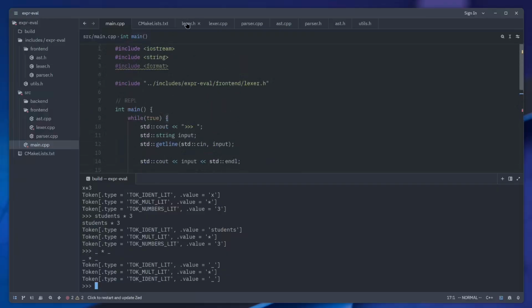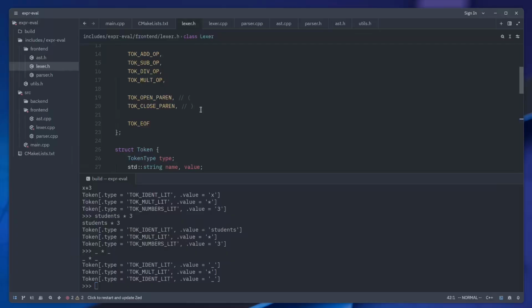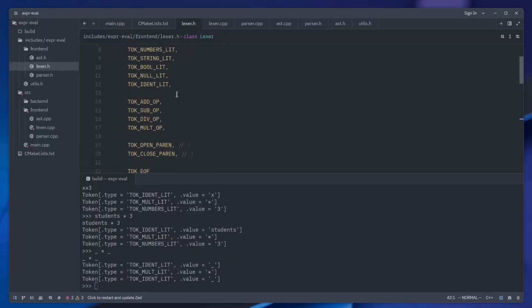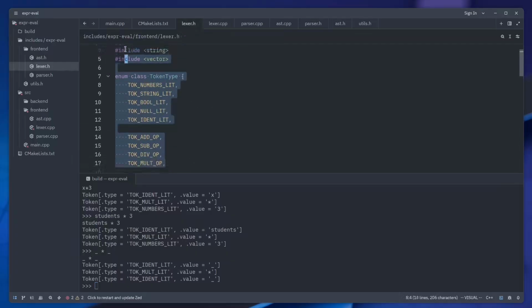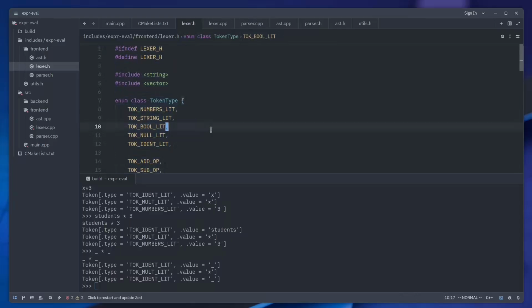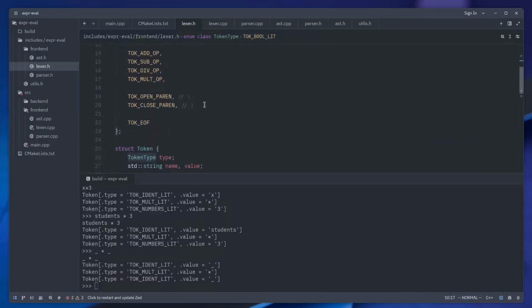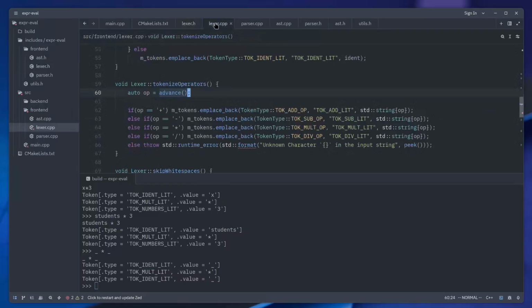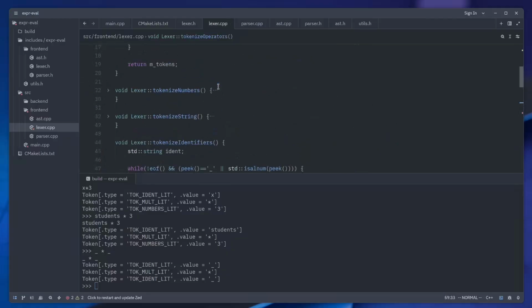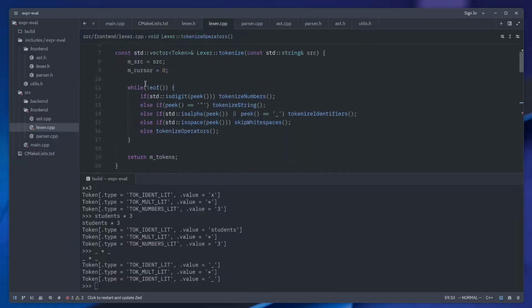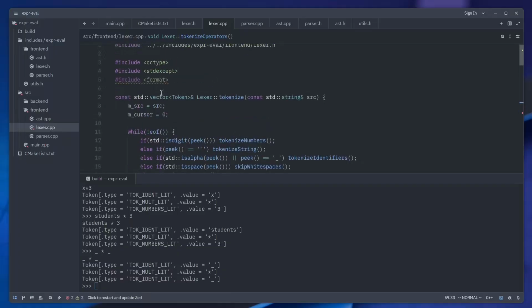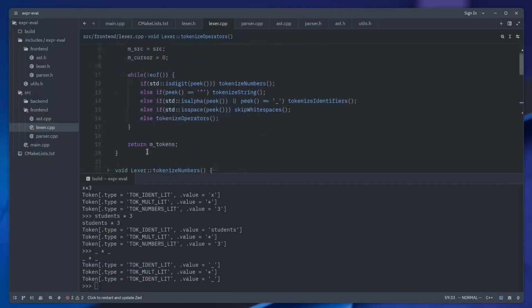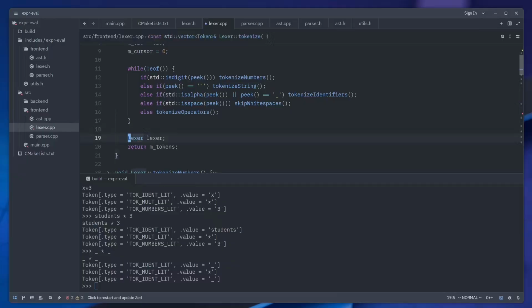So let's go back to our Lexer. In our Lexer, we defined, so we have handled all this. We are only missing these two and the end of file. So let's start with the end of file. That's the simplest to add. In our Lexer loop here, once we have been able to tokenize all the tokens and we are done, we need to just come back here and